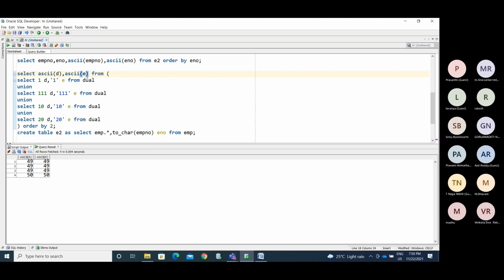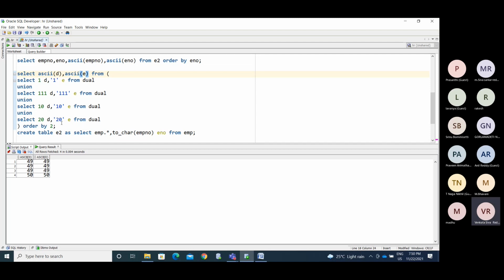So you would get some discrepancies due to data type mismatches sometimes. If you are storing date values or number values in the character data type, you always need to use the to_number function.